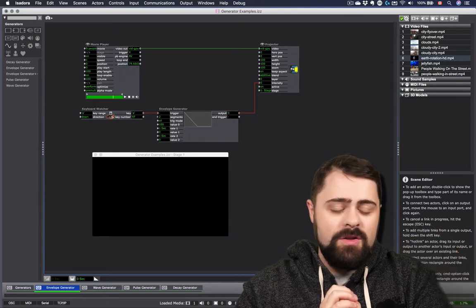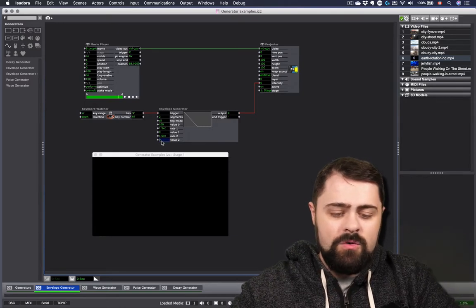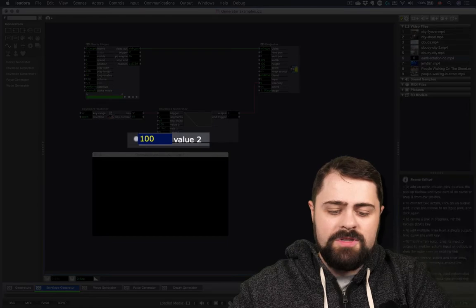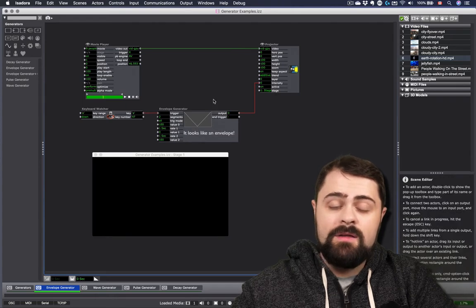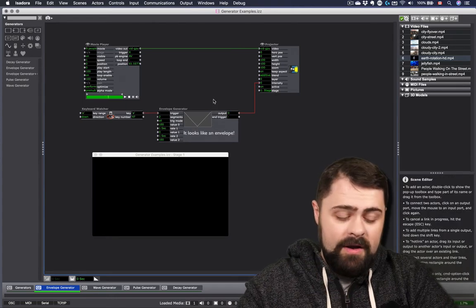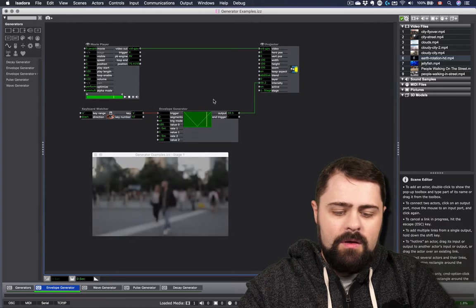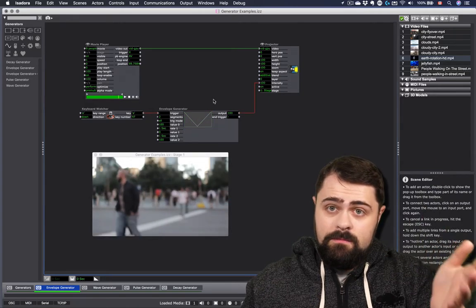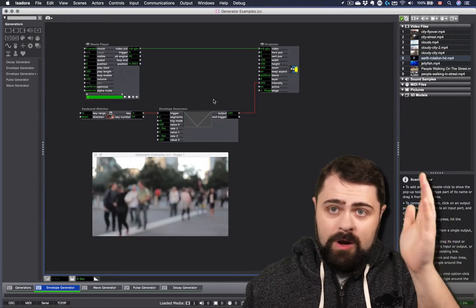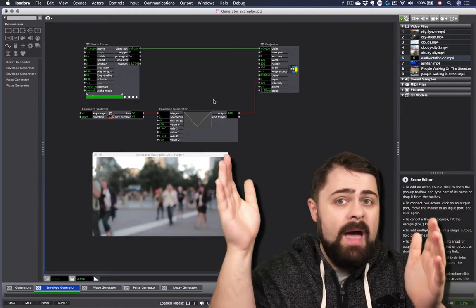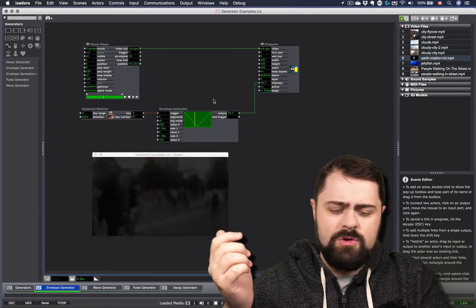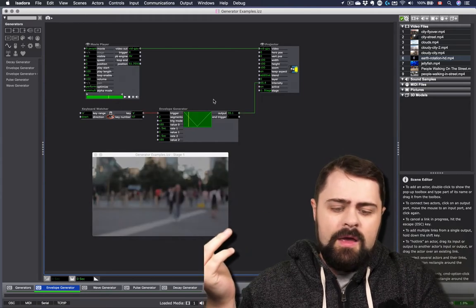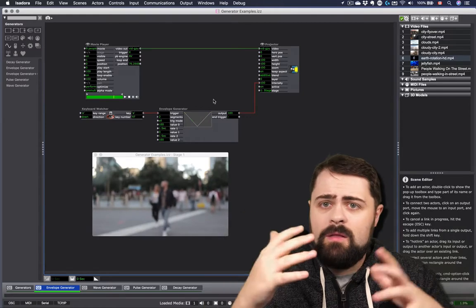So what I'm now going to do is I'm going to set value 2 to 100%. And you can see that my line now is going from 100% to 0 and back to 100%. Let's see what happens when I fire it now. It went from 100% down to 0 and back up again. Now, that's all well and good if we wanted to create some sort of flicker like this. But maybe we want to be a little bit more controllable.